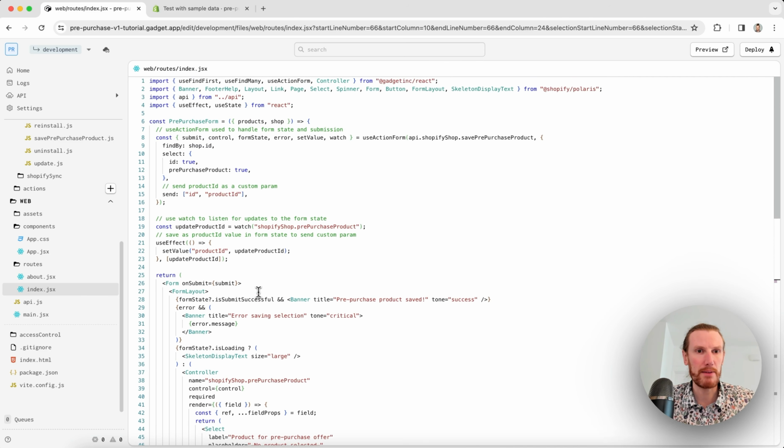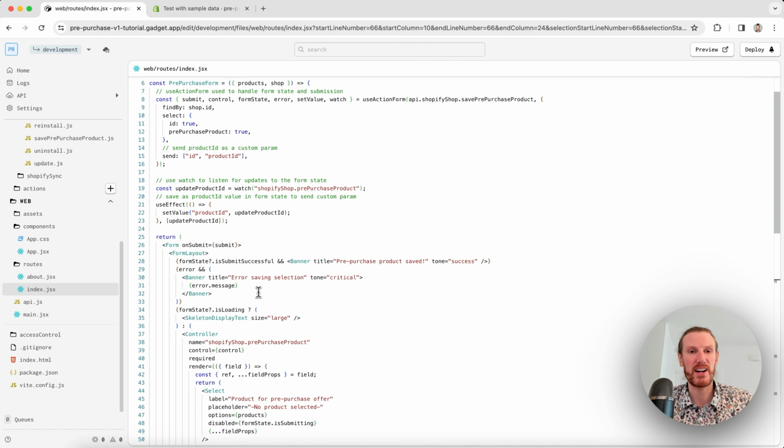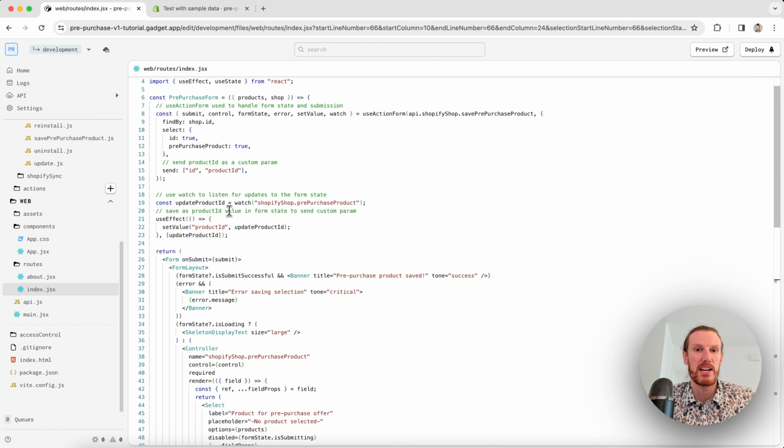So I'm just going to go back up to my pre-purchase form now. This is the component I had in that lower block. One thing I do want to point out here is useActionForm. So you'll notice in my form, I don't have any React useState hooks. useActionForm is handling my entire form state for me. Now, in this case, my form state is a single input. useActionForm is really powerful when you get to large forms or nested data models. If you want an example of that, check out our product quiz template or